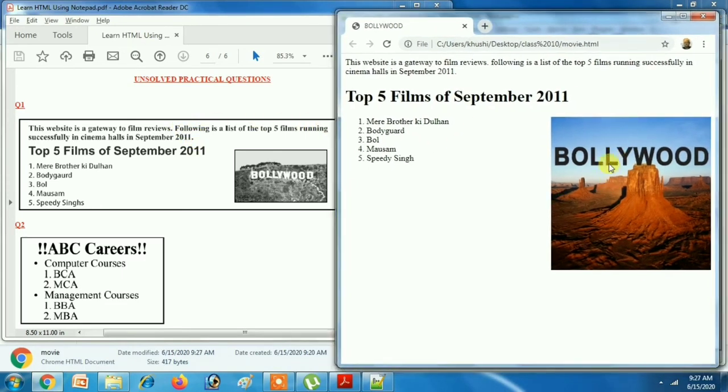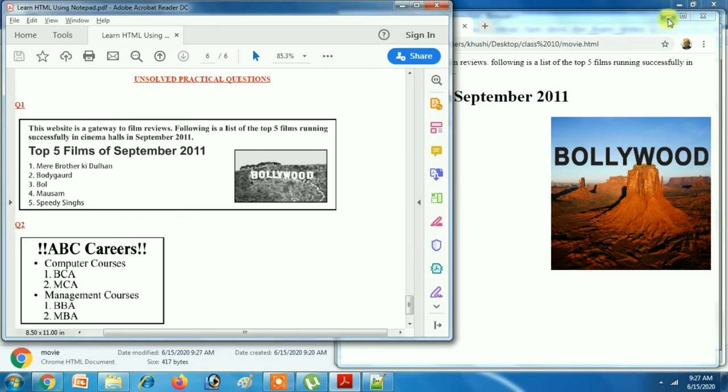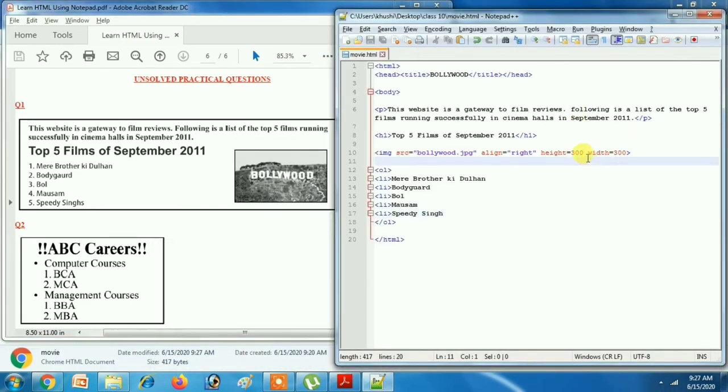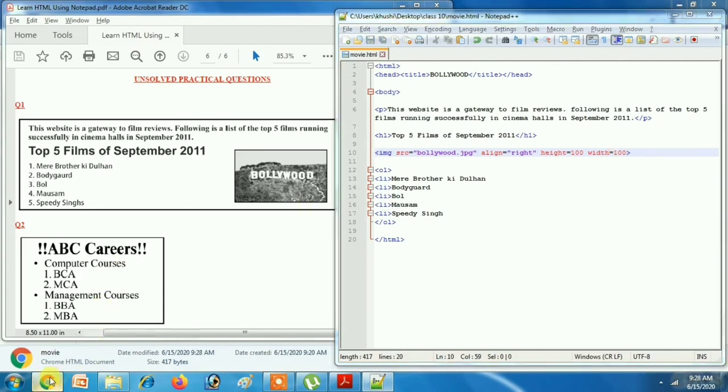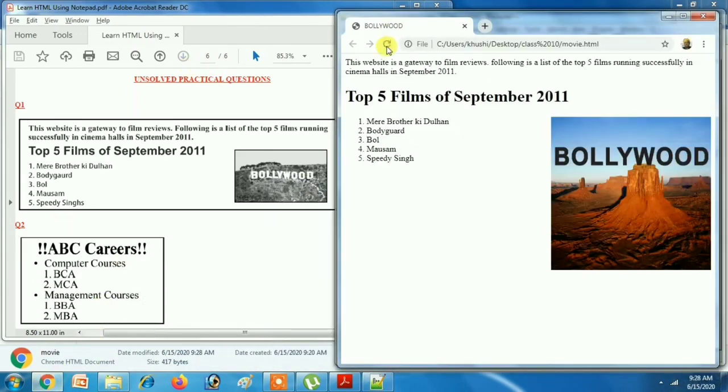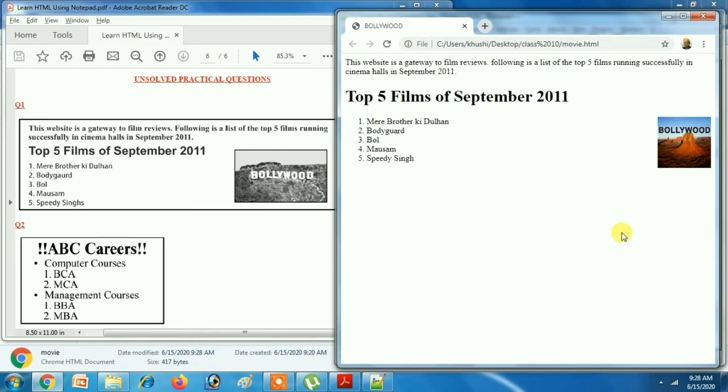This program is done. Image size we can reduce so that output is exactly like this. So let's reduce image size. So come to the notepad and here you write 100. Okay, save it, go to the web browser, refresh. Okay, I hope you understood.